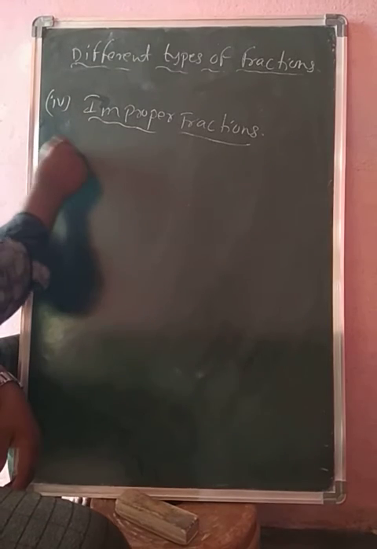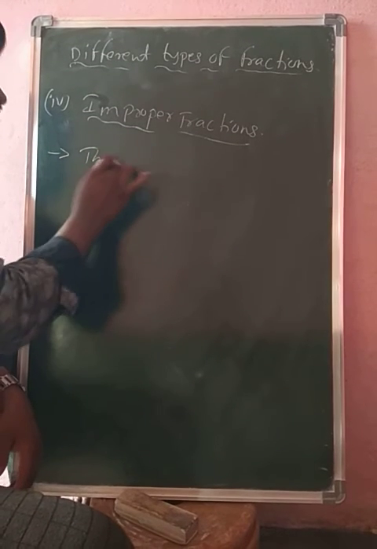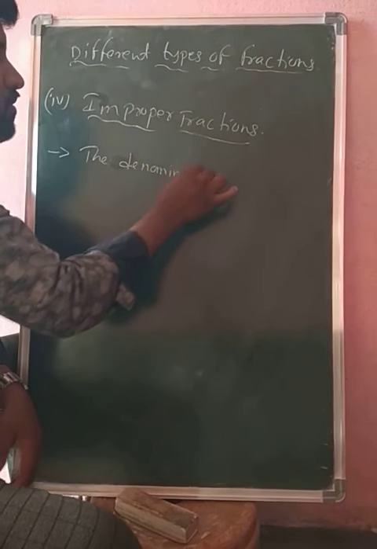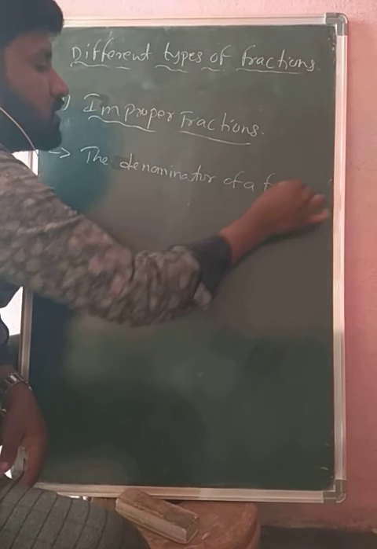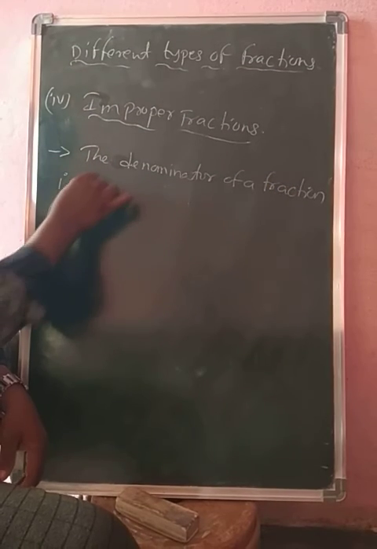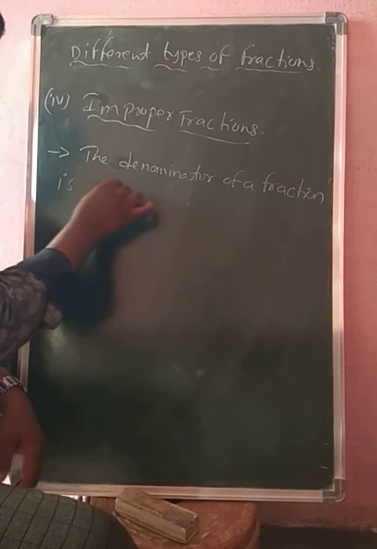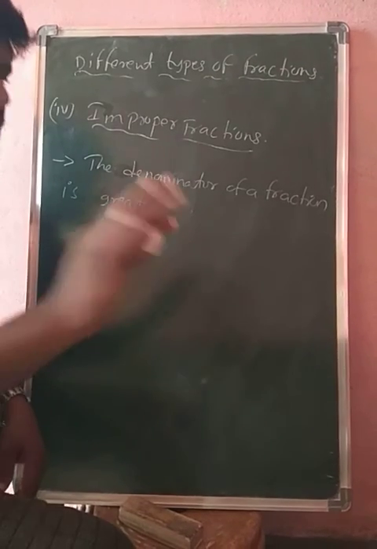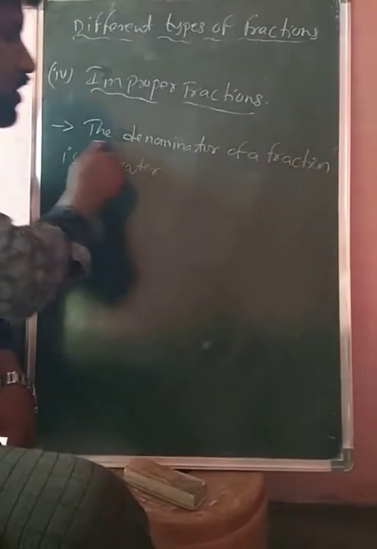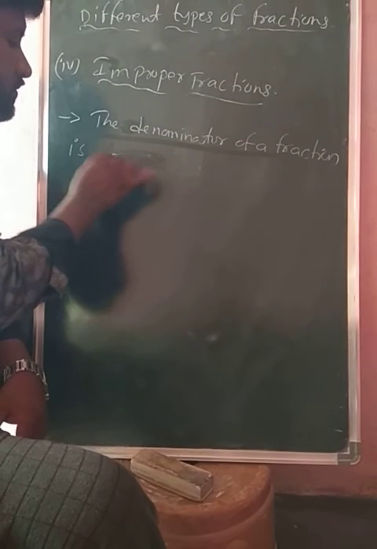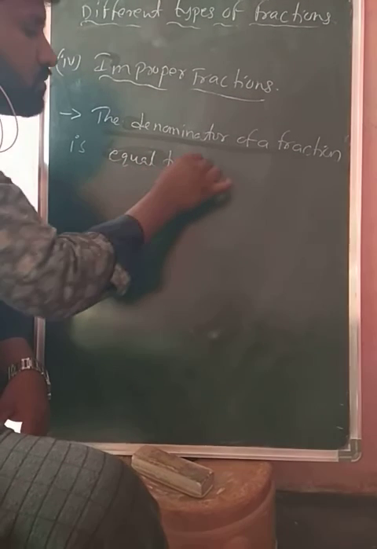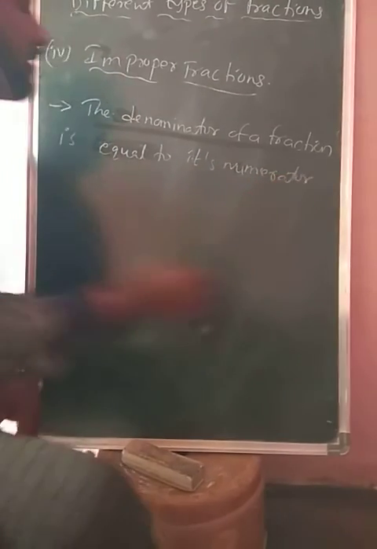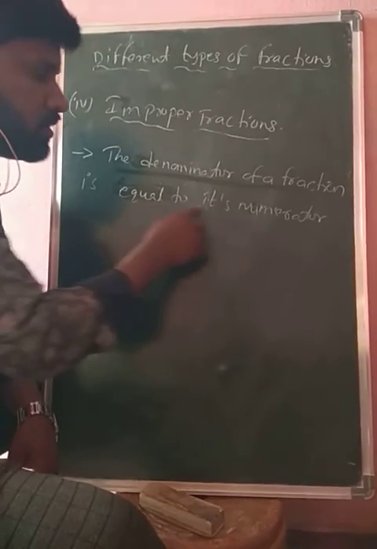Improper fraction means the denominator of a fraction is equal to its numerator,